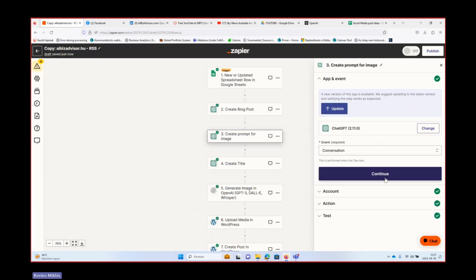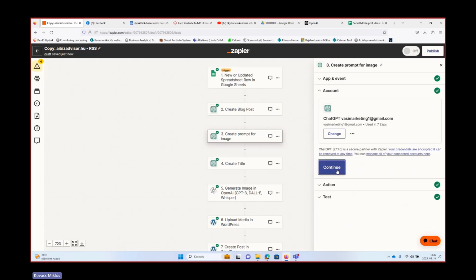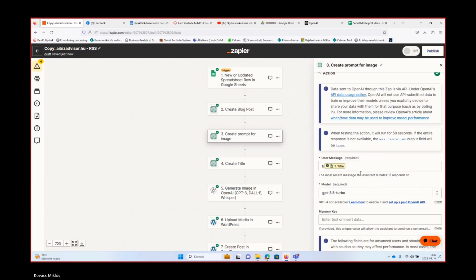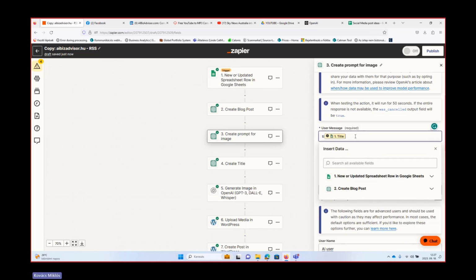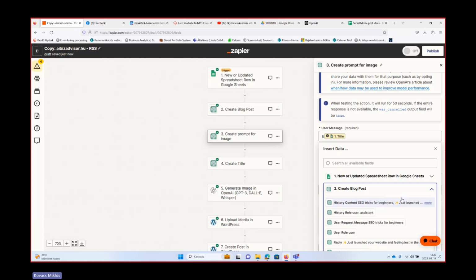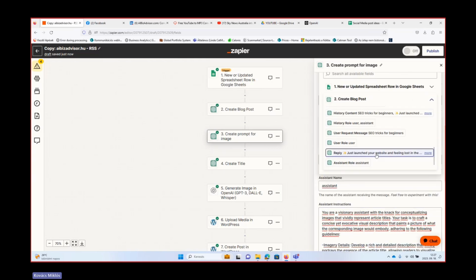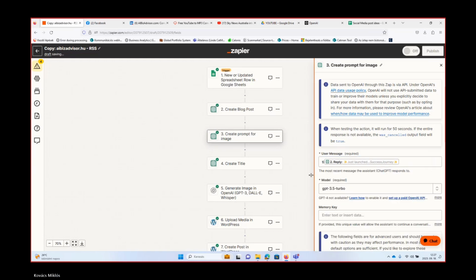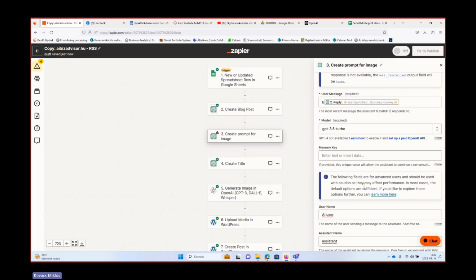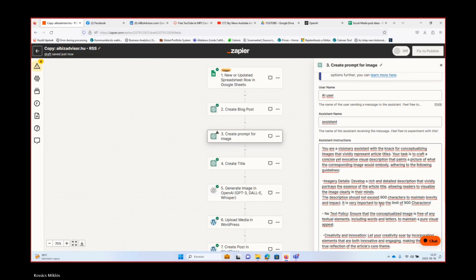So it's fine because then I can use here not the title, but maybe I can use the reply. So basically, based on the text, I can ask ChatGPT to generate an image for me.